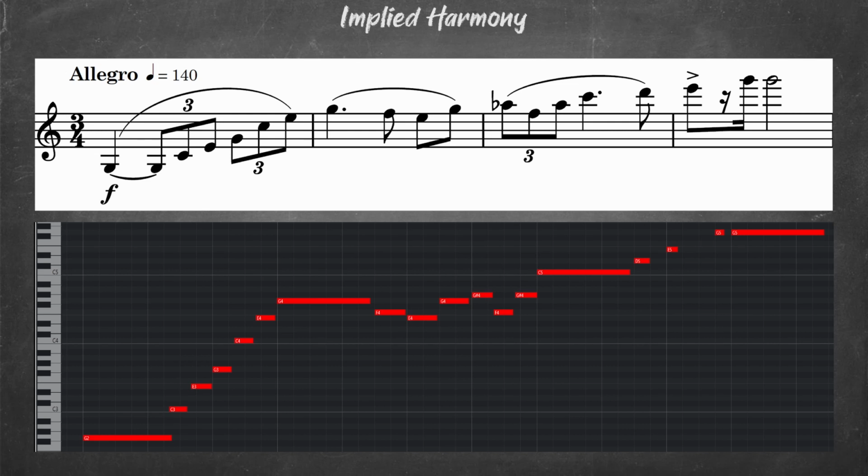Without any context, most of you will hear these 4 measures and assume a tonal key area of C major. Why is that? Well, because the melody implies harmony, or in this case, it implies a series of chords that collectively make up the harmonic content. Our ears are so attuned to major and minor chords and ingrained in Western tonal harmony that when we hear the notes C, E, and G in succession like this, we automatically hear a C major chord, even though the pitches are placed horizontally one after the other instead of vertically, and even though there aren't any instruments playing chords